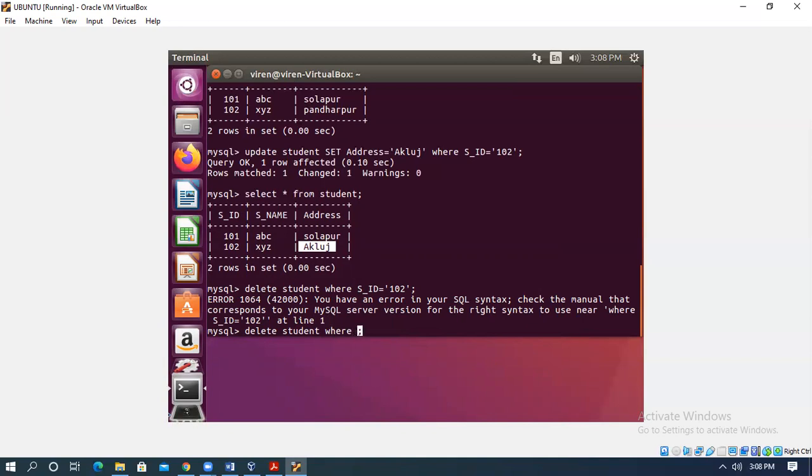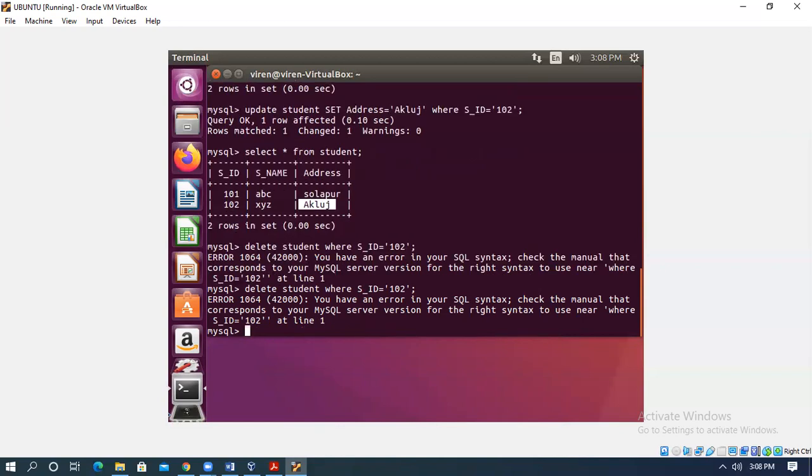One more time we'll try. S_id equal to 102. Where? Yes, delete from student.